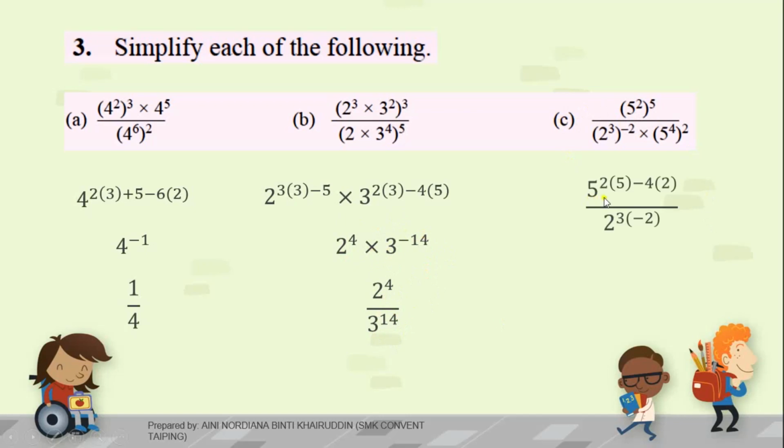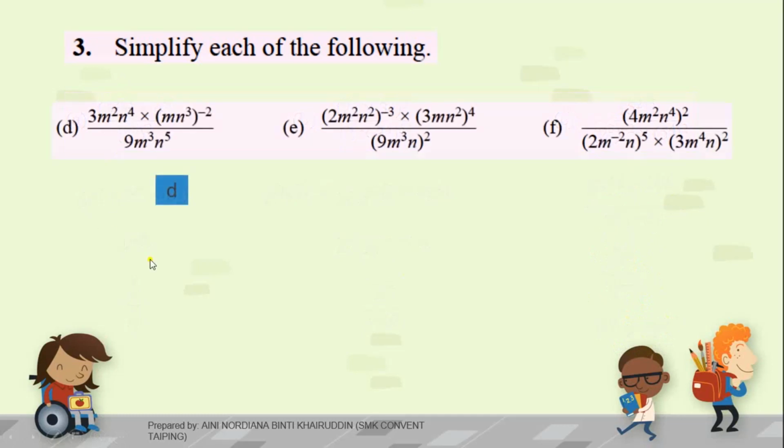For question C, 5 to the power of 2 times 10 minus 5 to the power of 4 times 2. So 4 times 2 here, 5 and 5, so this remains unchanged. So 2 times 5 is 10 minus 8 is 2. So this is in negative form. So we change to positive form, it becomes 5 squared times 2 to the power of 6. For question D,